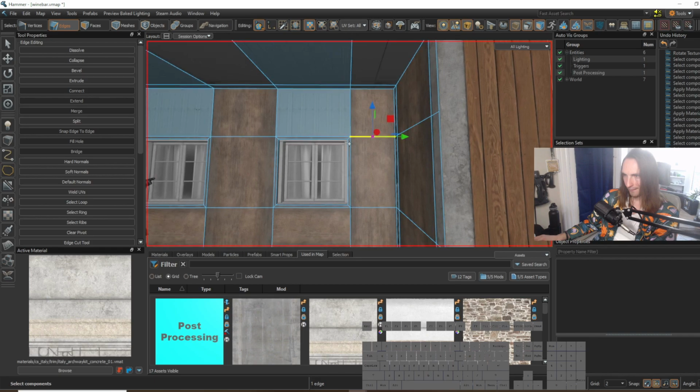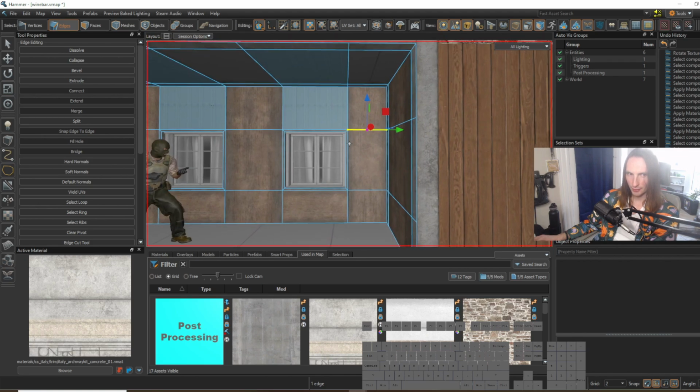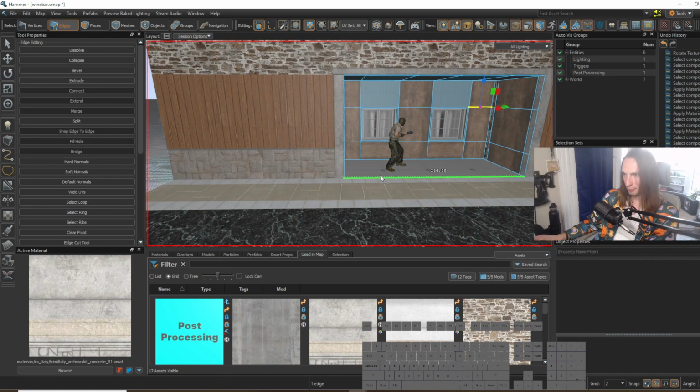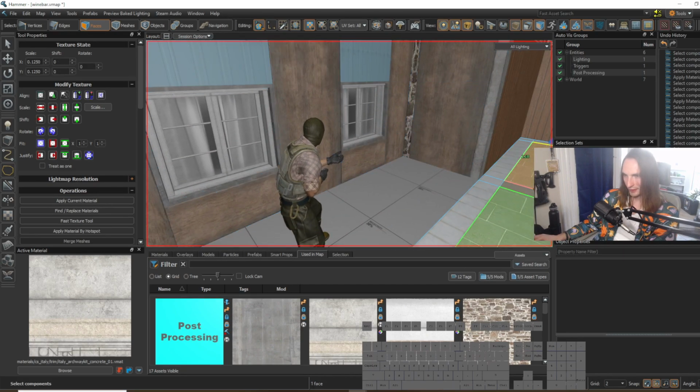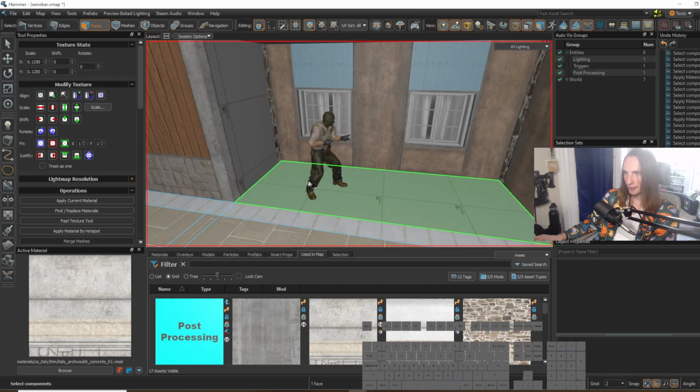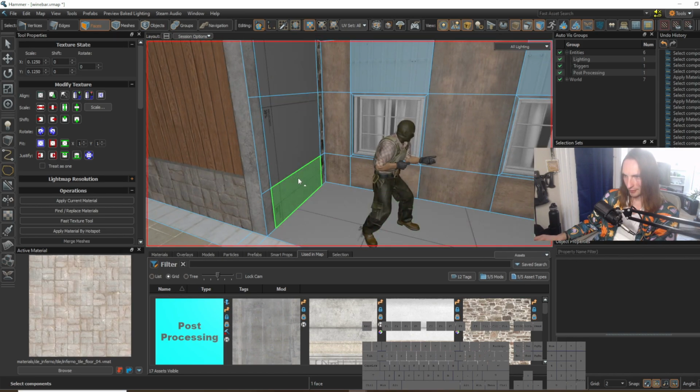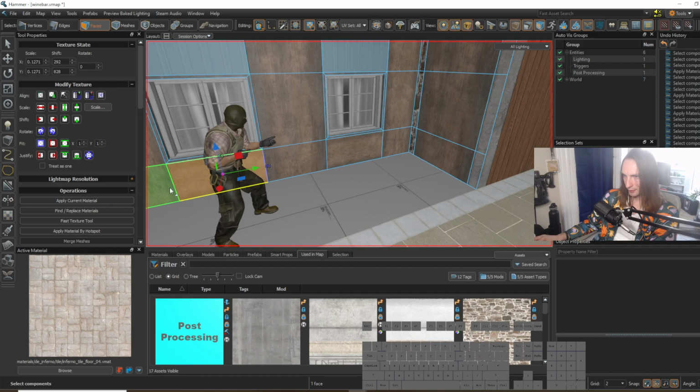Do I do it now or do I wait? Let's wait, because technically I do it with prop models actually. Because you see how weird it looks right now? It's just like everything's kind of, bleh. We'll end up fixing that in a little bit, but for now